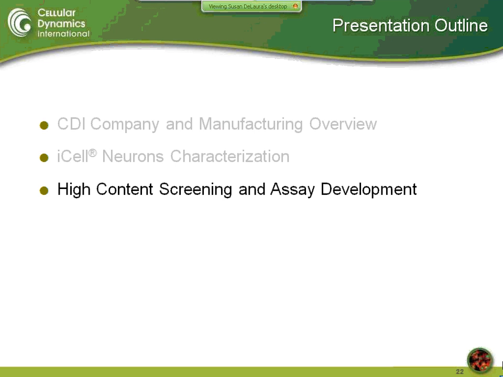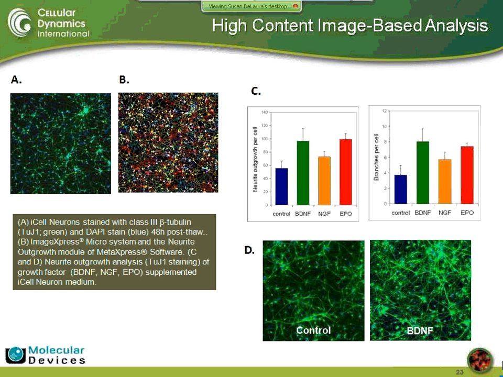To switch over then to high content screening and assay development, as I said, this is an easy way of assessing toxicity of compounds on our cells. And the high content screening allows for a lot of capabilities, as Grischa had shown. But the one image that I was going to show is this particular one,